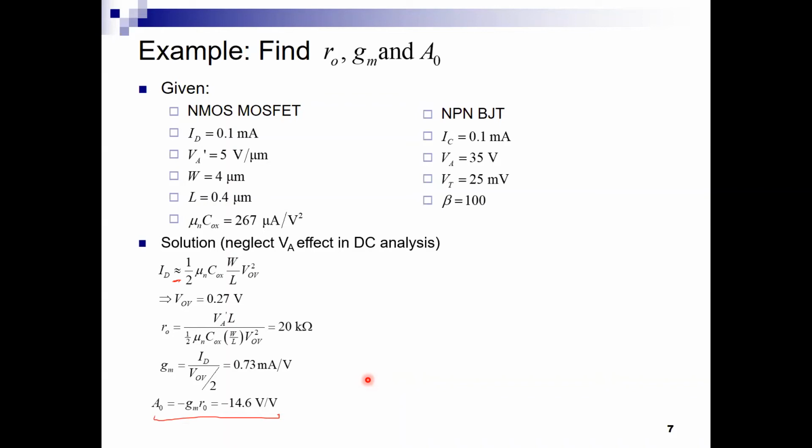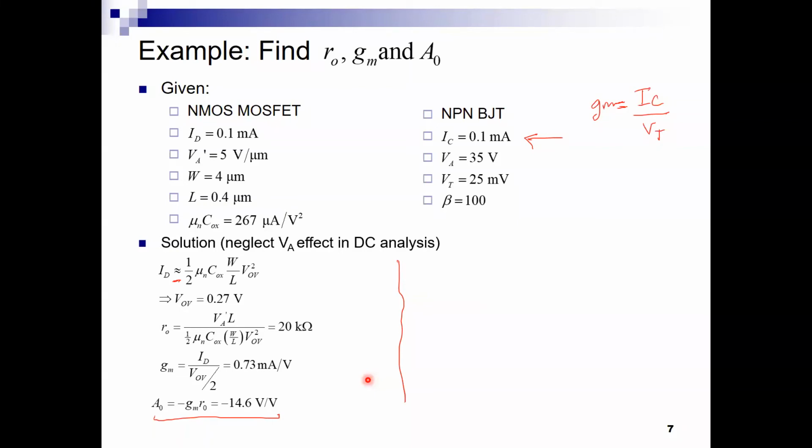Okay? For the BJT now, we need to repeat the same, except that we need to use the current equations of the BJT to come out with the values for GM and RO. So if we look at the BJT, he also gave me a BJT with a similar current value. Okay, now what do we know about the GM of the BJT? It is current over voltage, so it is IC over VT, and this IC over VT will give me the value for the GM,